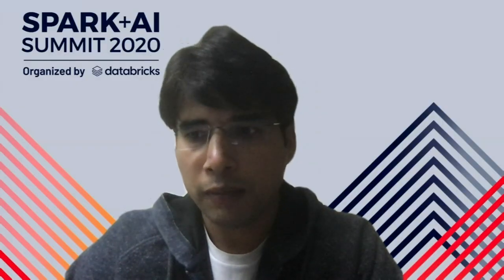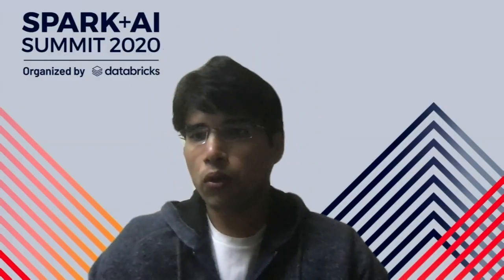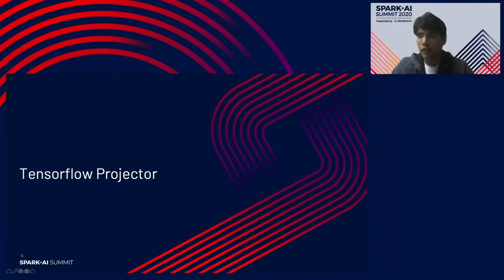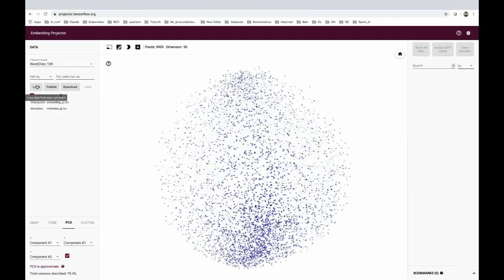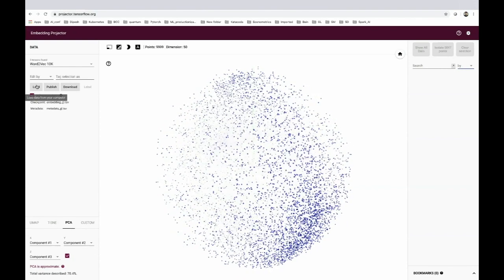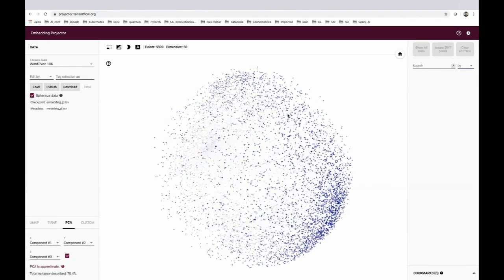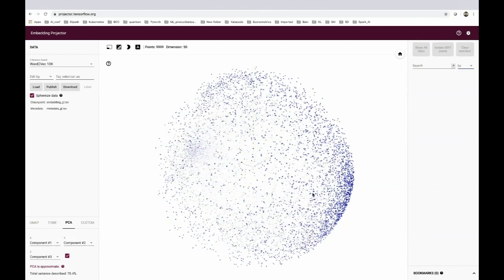All right, so this is more of a static view, but in case you want to also see a very dynamic view of embeddings, there's something that Google has provided, which is TensorFlow Projector, right? Let me share my screen and show you how we can do this. So essentially, you can load your own set of embeddings. You can load your metadata of those embeddings, and you can view those in 3D space.